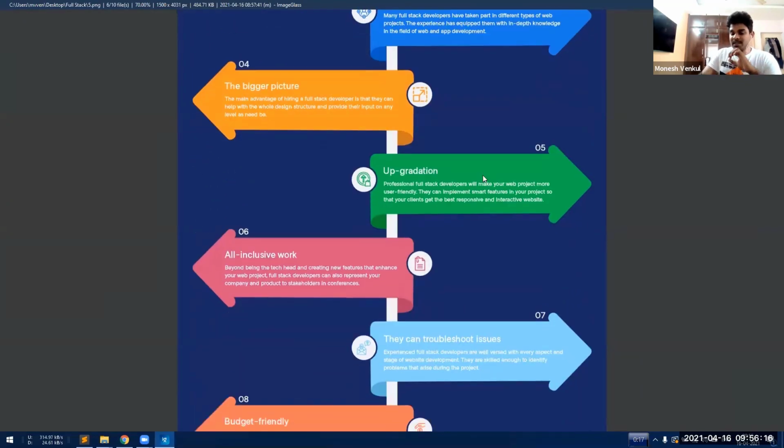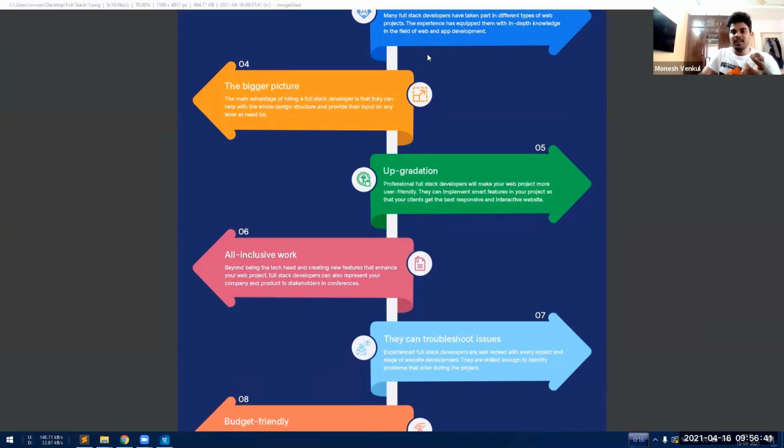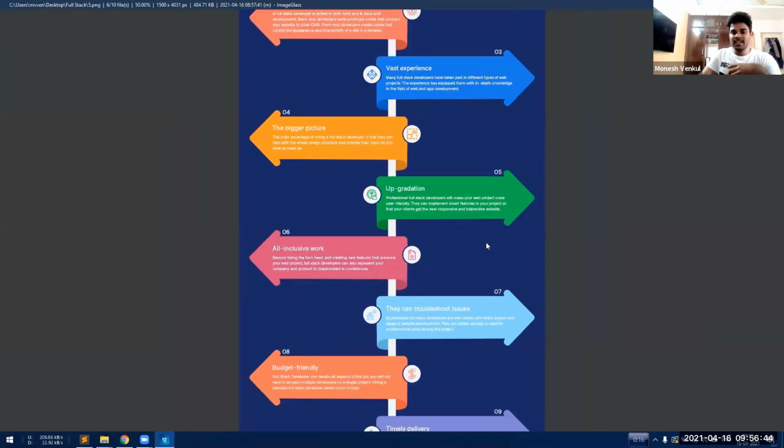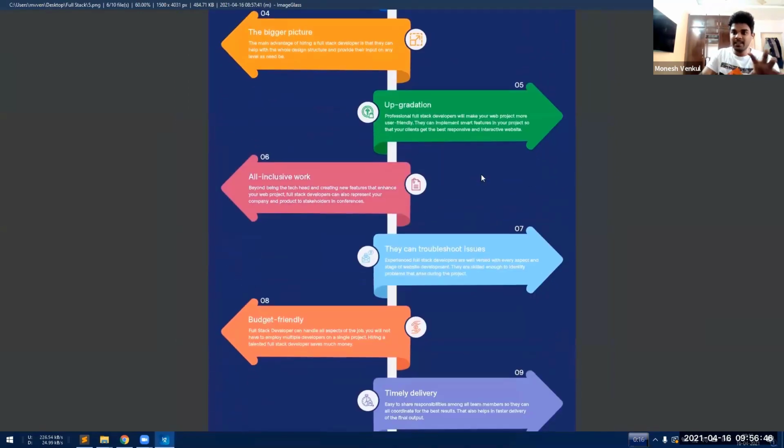The other most important thing is you can work in any part of the world. If you go to the US and search for a company and say that you're a full stack developer, within seconds they will take you, because in the US also there is a requirement for full stack developers. If you go to Ireland and say that you're a full stack developer, even in Ireland they will take you. In India also there is a huge requirement for full stack developers. In this way, you can be a full stack developer in any part of the world. You can even travel the world.